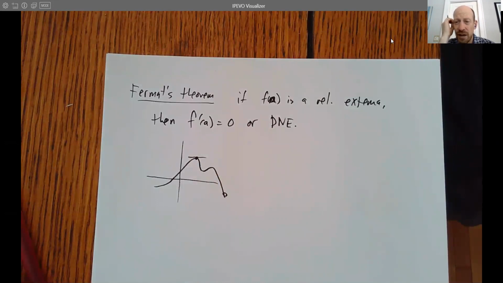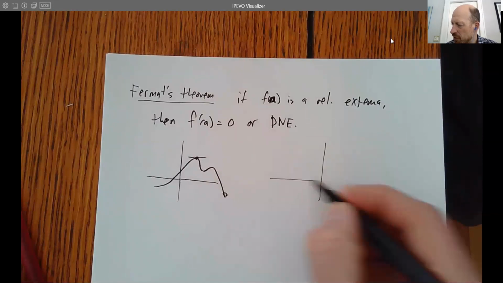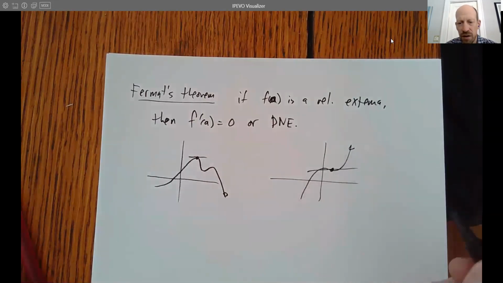So think of this as shrinking the possibilities. It's not guaranteeing us that we have a relative extrema where the derivative is zero or does not exist. We can certainly have situations that look like that, a spot where the slope of the tangent is zero, but that's not a relative min or max. So it doesn't go the other way, but we can't just have a relative extrema, a min or max, out of nowhere. It has to occur where the derivative is zero or does not exist. And so